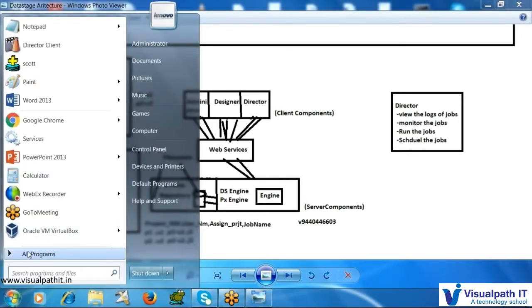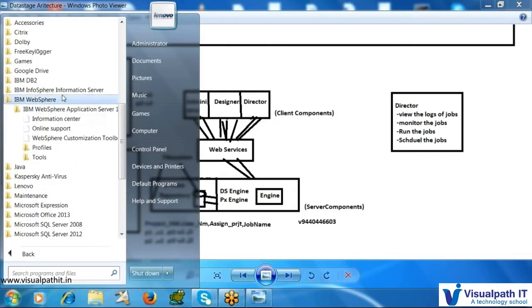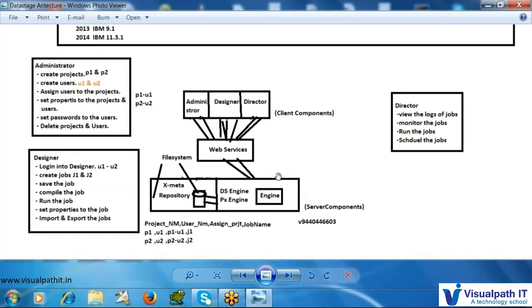So this administrator, up to 7.5 we have only the desktop one, only the desktop administrator. But from 8 onwards we can see this WebSphere. In the 8 version we can see all these components are introduced. From 8 version means IBM introduced all those components. And coming to this administrator, we have a web level and a desktop level also.